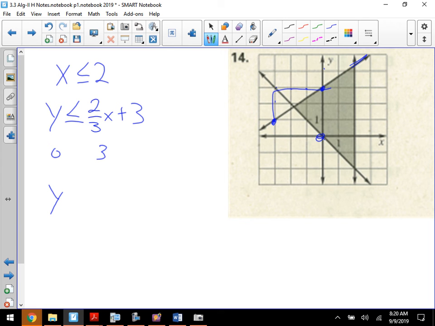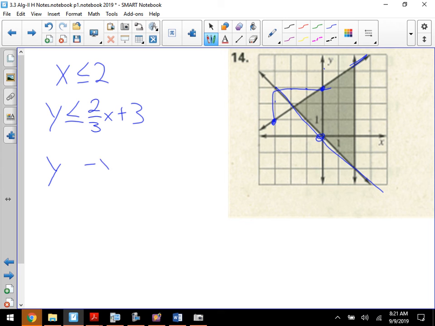So I know that I'm going to substitute in 0 for both x and y. We can write equations all day long, but we want to see, well, if I put 0 into this, what's the relationship that it has to be true to shade the truth? It's got to be a less than or equal to. Okay. Then I do the same thing with the last inequality, excuse me. That one I believe looks like a slope of -1. Does that look right? But it went through the origin, so it's just going to be